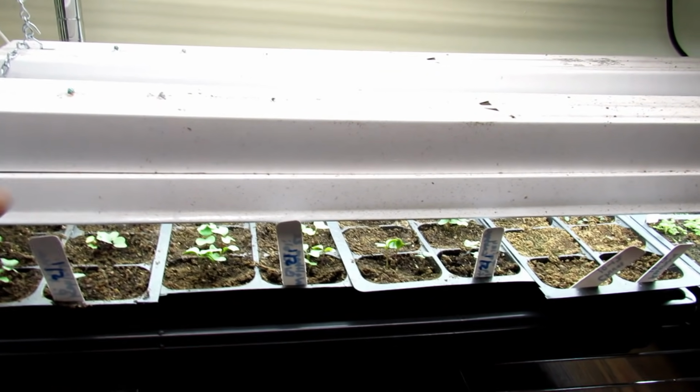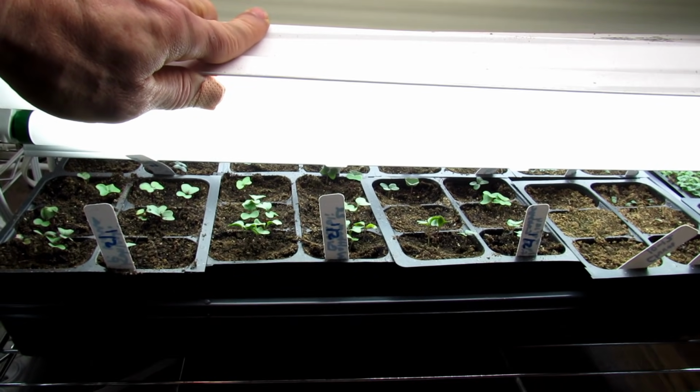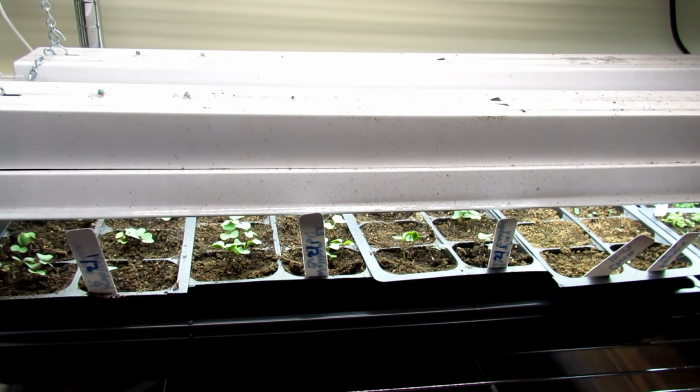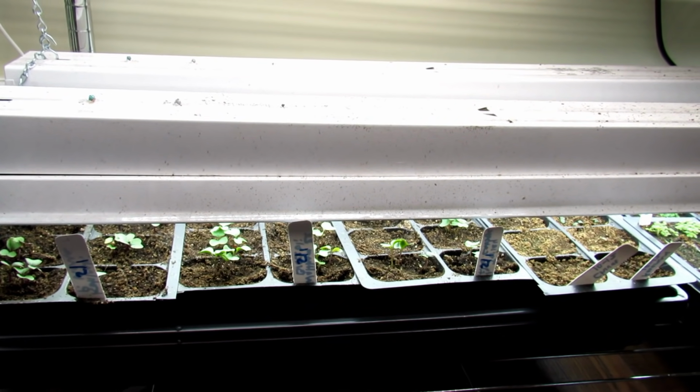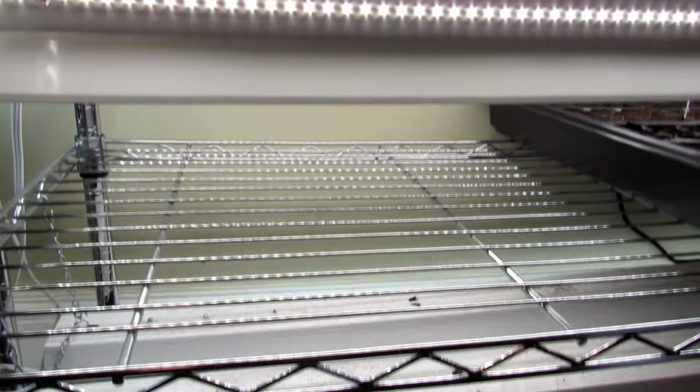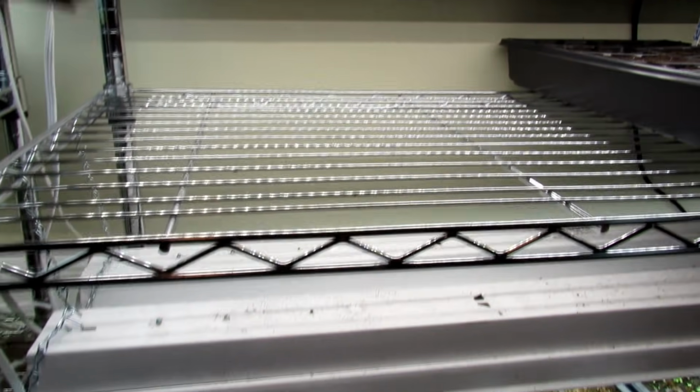The other rating that we use is called lumens, and you can see the intensity here. You want your bulbs to be rated at 2,000 lumens or higher. That's usually what the fluorescent tubes come in. You can find the LED lights, like right there. They go all the way up to